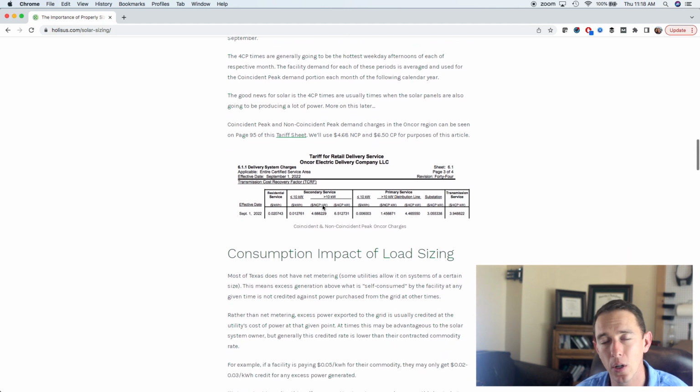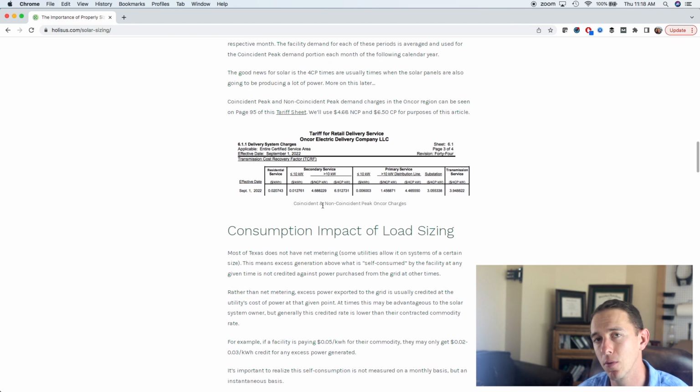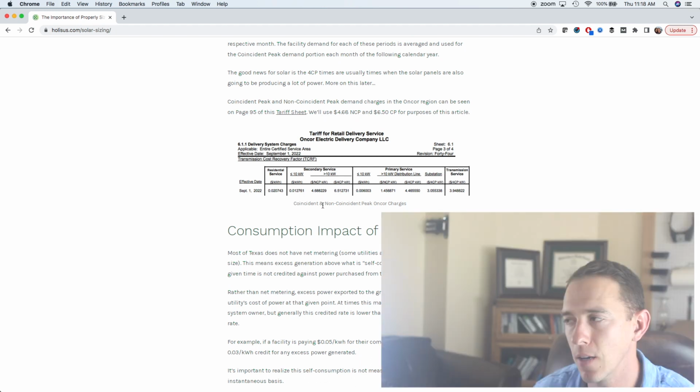So I have an example here of their tariff and it shows how some of these rate structures are set up that way. So make sure you understand this when you go to plug into your system and calculate your savings and how much demand you're going to save. So now that we understand demand, let's talk about consumption because it's still important that we understand when consumption is